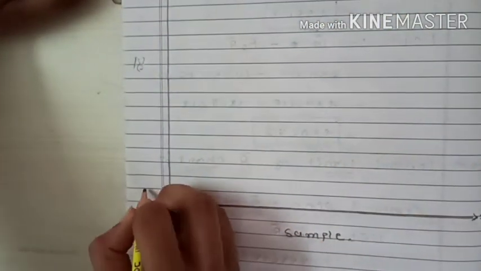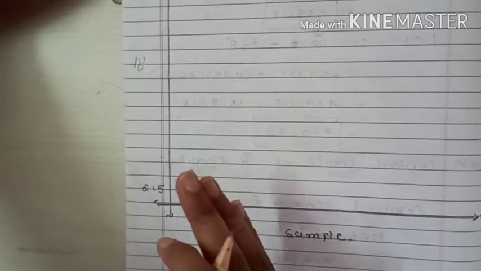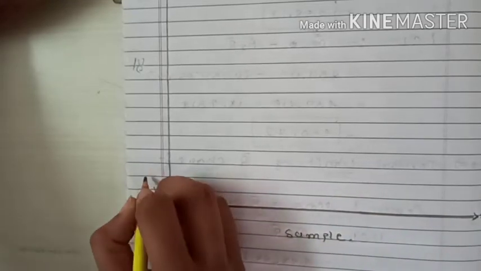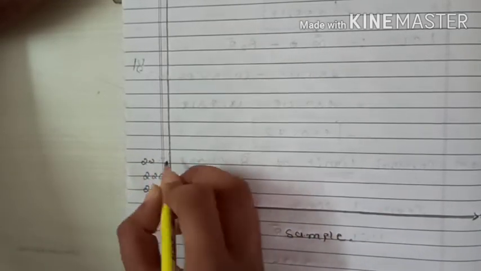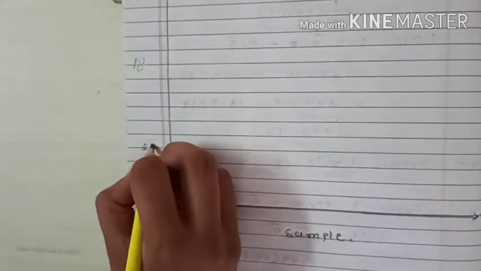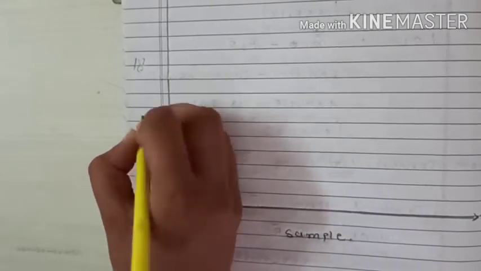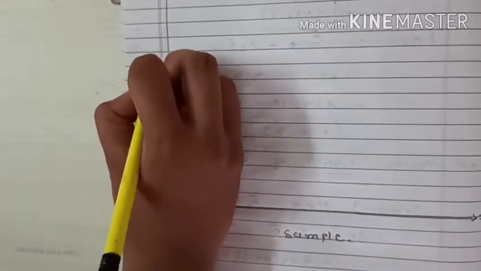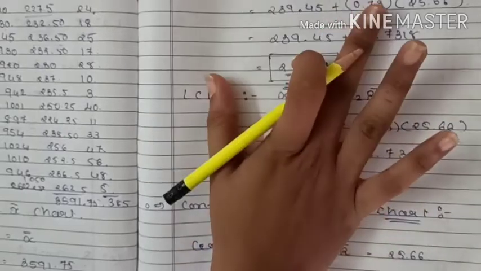So we are putting a range over here starting from 215, just because the lower limit is 220. If any point comes below 220, we can put it on the chart paper. So let's start with 215, 220, 225, 230, 235, 240, 245, 250, 255, 260 and 265. Because the upper limit is 258, that means around 260, right?